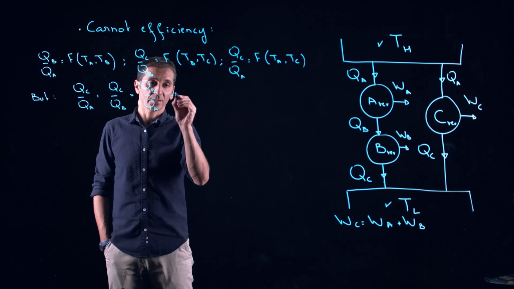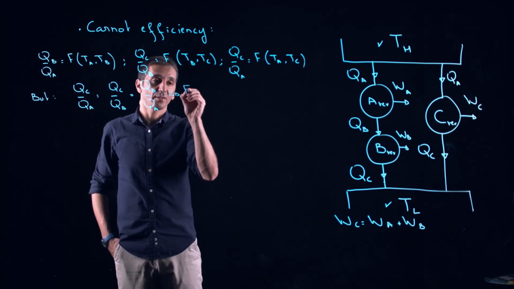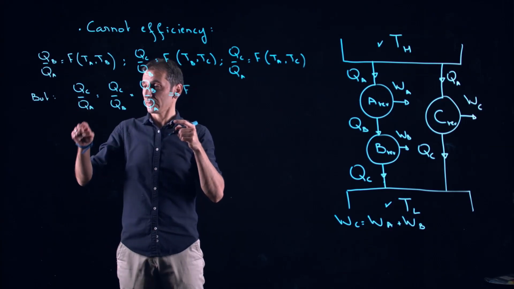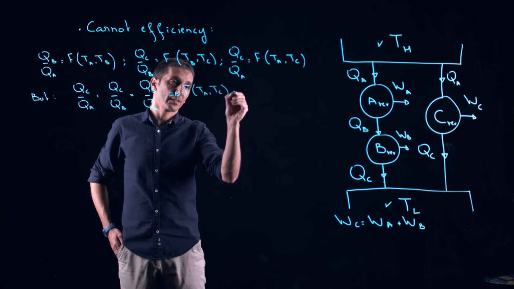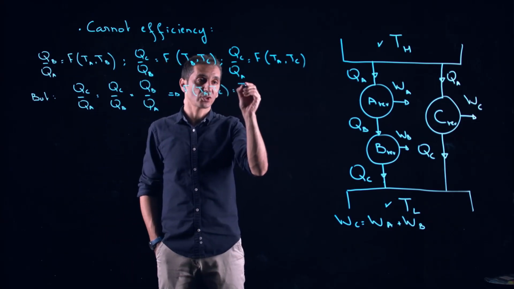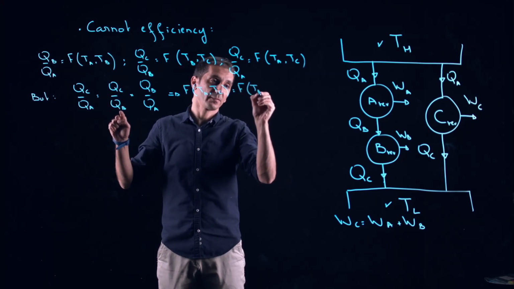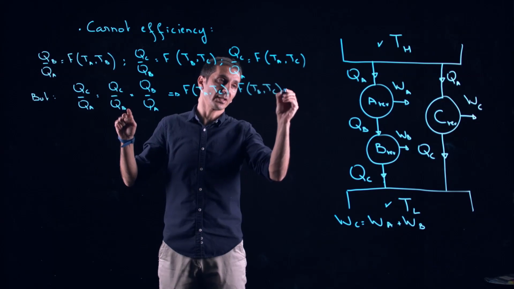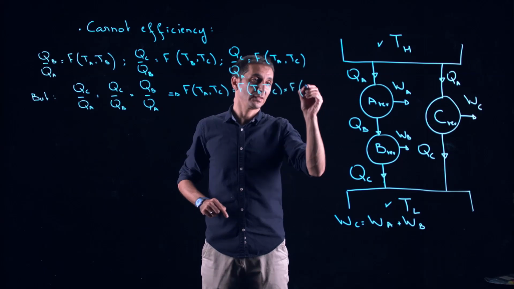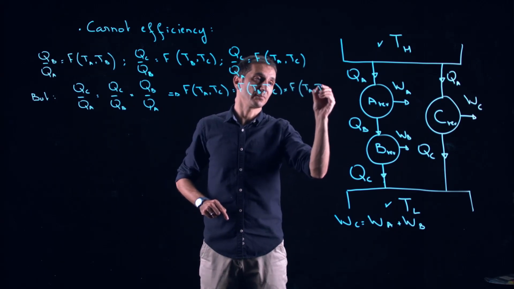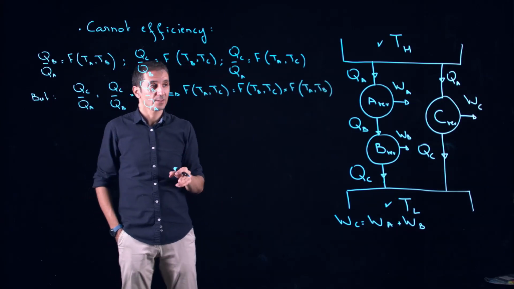This implies that now if we replace with different functions, the function of TA, TC should be equal to the function of TB, TC cross the function of TB, TA, or TA, TB. This will put constraints on